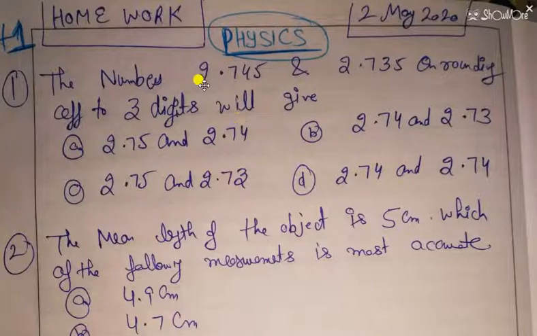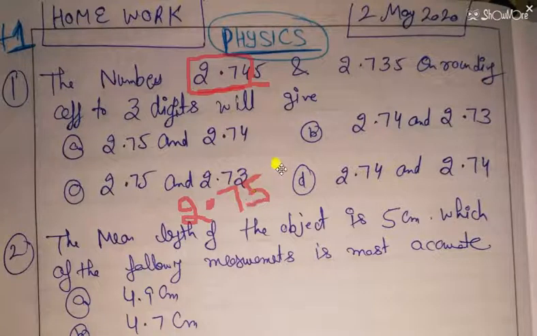So students, you can see it is 2.74. So these are the 3 digits. So we have to round it off. Now the next digit is 5. As we know, whenever the next digit is 5, like I have the value 2.750, if I have to round it off into 2 digits, then I will check the next digit to 7. So the next digit is 5. Then I have to check this value, whether it is 0 or non-zero.